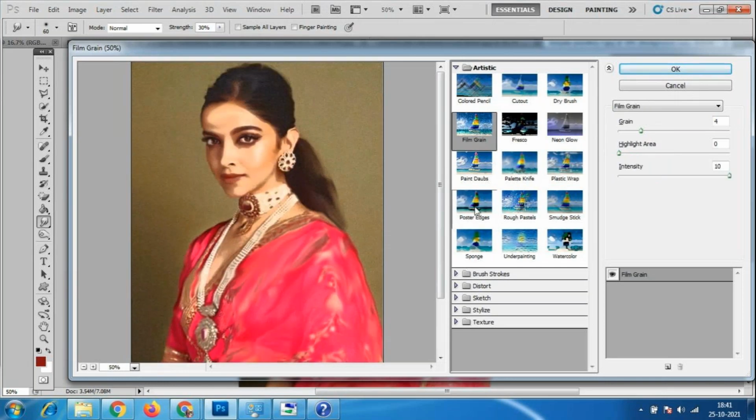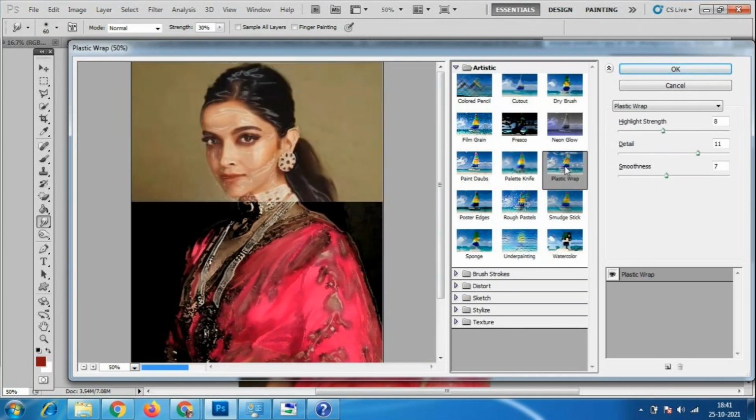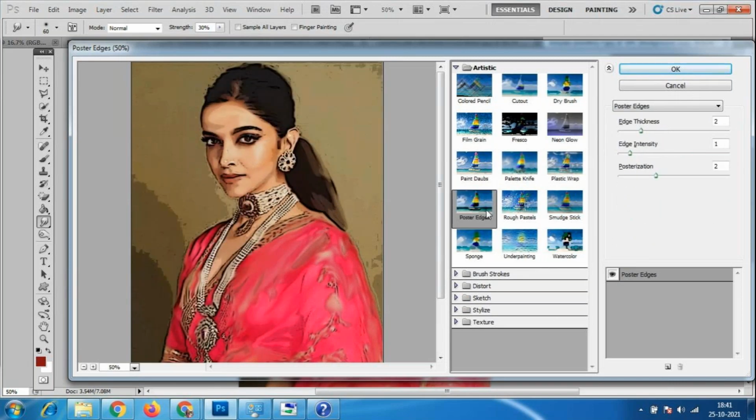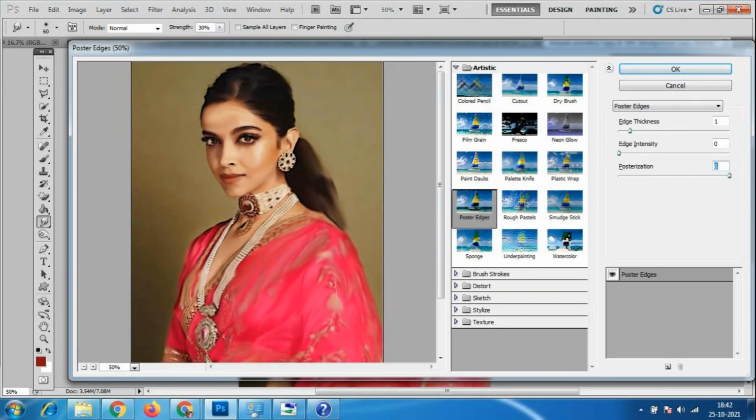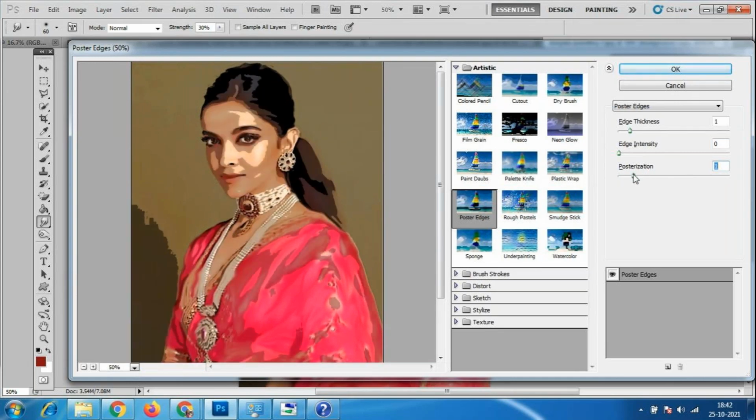Okay, so how much of the smudge we can use afterwards, we can apply the effects, whatever effects we want. Okay, so these are the poster edges. Poster edges means you will get the background like this, and you will get the painting effect. How much ever we need, how much ever the posterized thing. See, this is a natural thing. If we reduce the posterized thing, see, it has become totally like a painting. So we can convert it first, whatever image we have, we can convert it later,